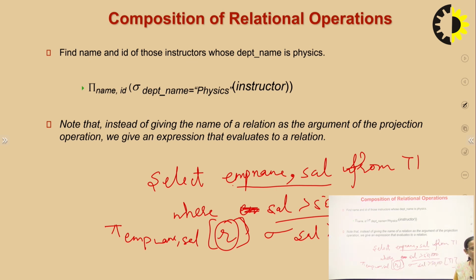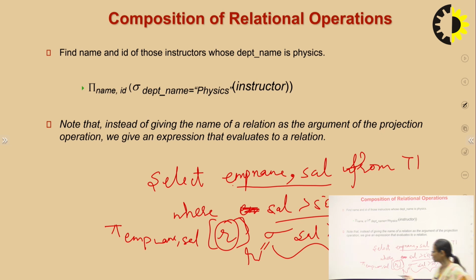Clear? So what is happening? This particular query we are going to treat as R. It gives the output of all the attributes, clear? But the condition is that we are selecting only those rows where this condition is met.